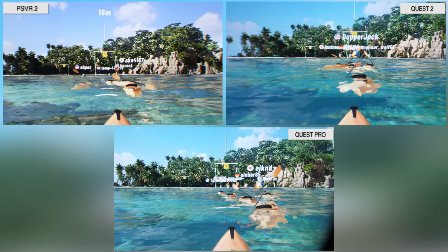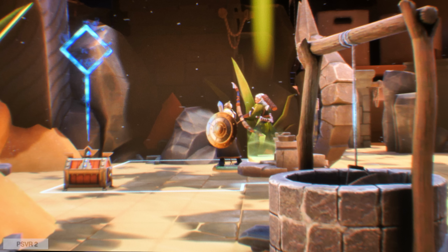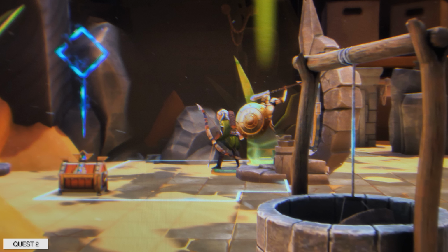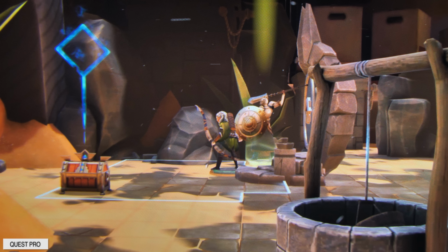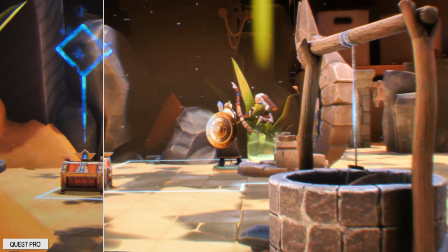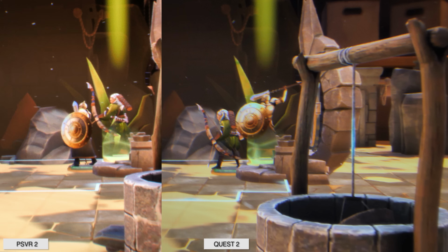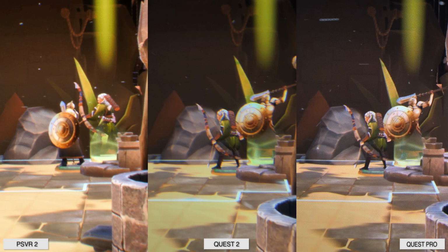Anyhow though, when we compare these three different headsets, there's some strength in each of those. For example, the OLED display of the PSVR2 is the brightest, the one with the best colors overall and the best contrast. Of course, we have an OLED display, so the blacks are completely black, and that's absolutely fantastic when you actually experience it. On the Quest 2, instead, we have kind of the best perceived resolution of all of these. We have the least screen door effect that is important for somebody, and the RGB pixel arrangement just feels very good in there. Instead, on the Quest Pro, well, we have the clarity, the insane clarity of the pancake lenses